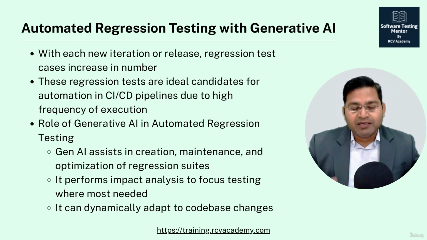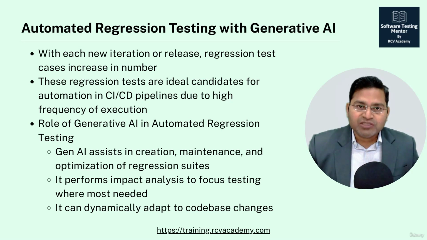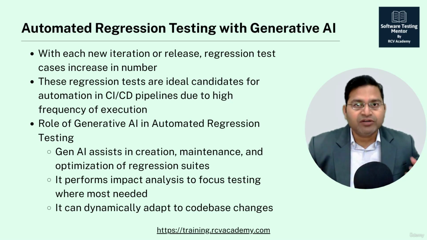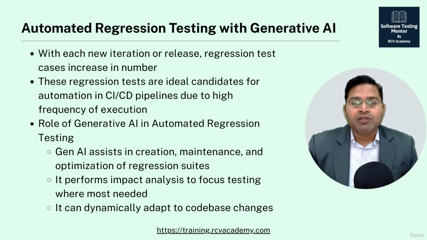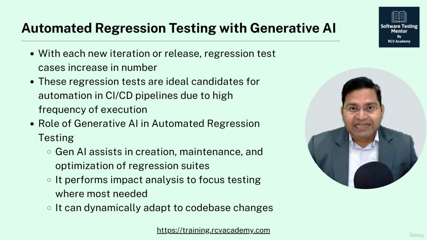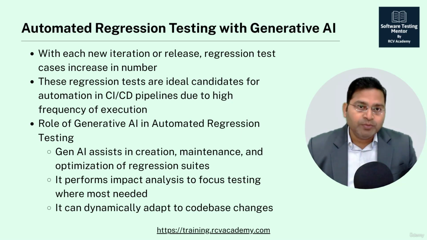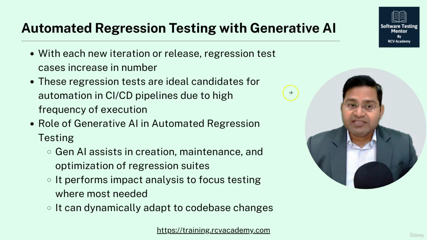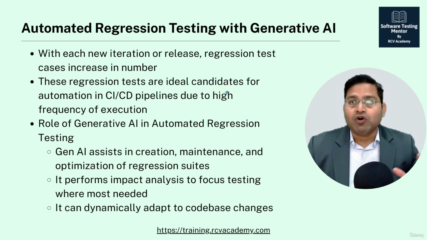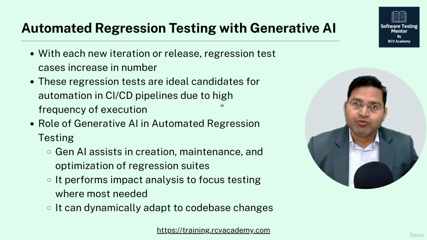So with this iterative software development, with each iteration, there will be a new piece of code added and a new set of test cases added for the new user stories picked in that iteration. With each new iteration and release, regression test cases increase in number, and that's where automated tools need to be there. And with generative AI, it is becoming even easier to manage this increasing regression testing with each iteration. These regression test cases are ideal candidates for automation in CI/CD pipelines due to high frequency of execution,